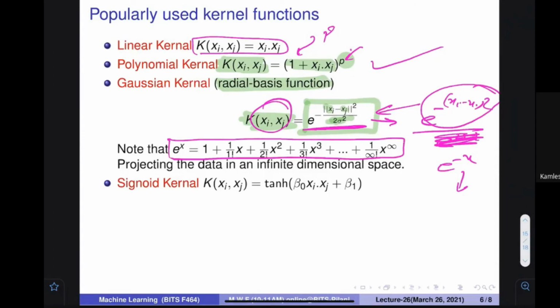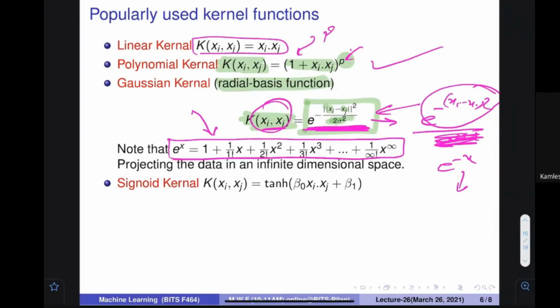What does it mean? When two items are given and you compute things in this particular way, essentially you are converting each data item into this particular dimension, then multiplying, and then converting back to find the answer. It means that if you put into this particular formula, it gives you a method by which you transform the data into infinite dimensional space. See the power. So radial basis functions are a very powerful solution.